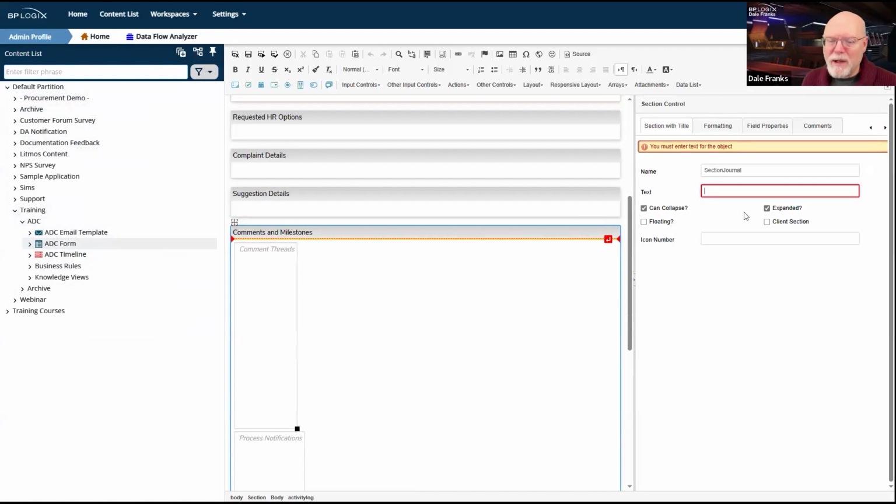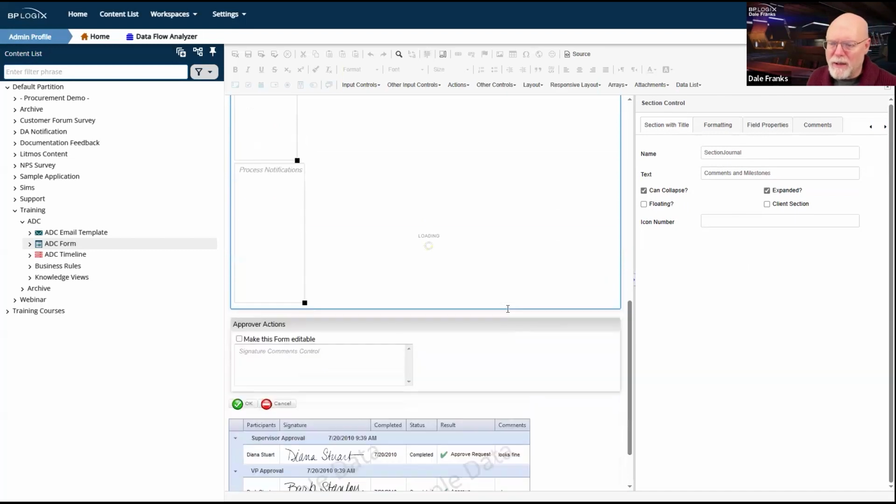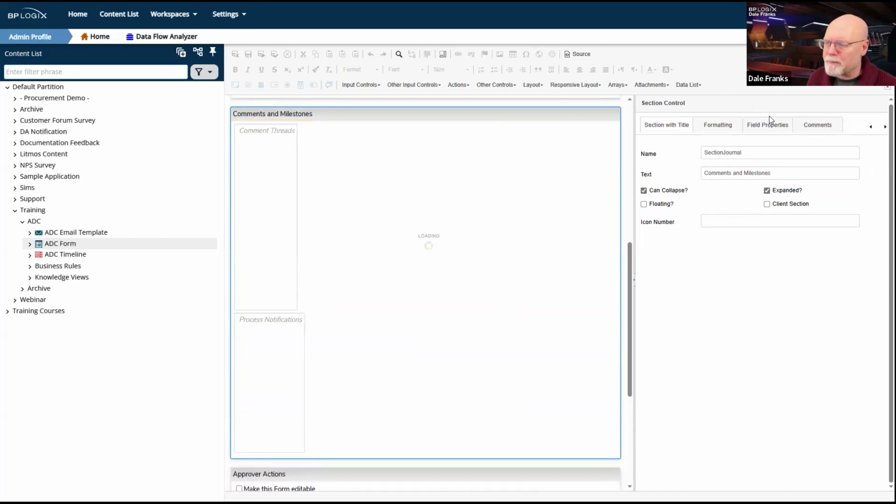I must enter text comments and milestones. That text already exists. Okay, I'm not sure why that's happening, and I'm pretty sure I don't like it, but at least it's easily fixable. I'm going to save again, just to be sure